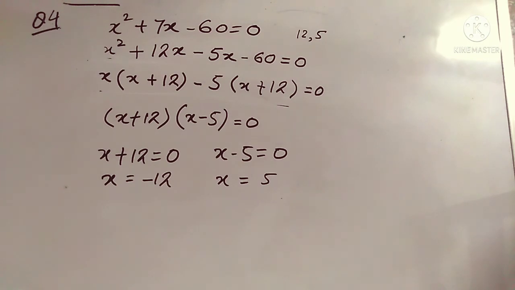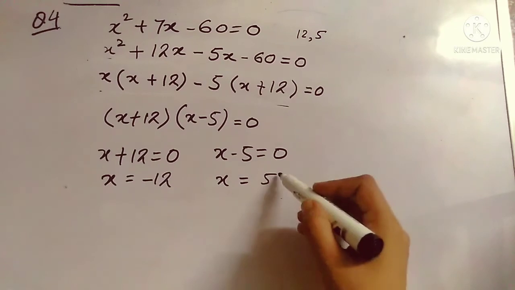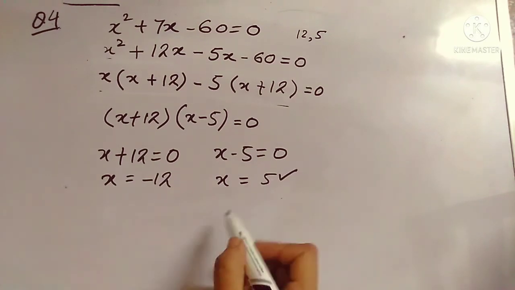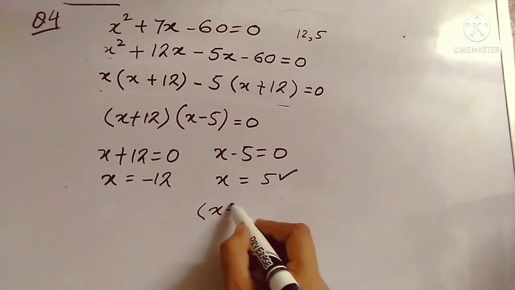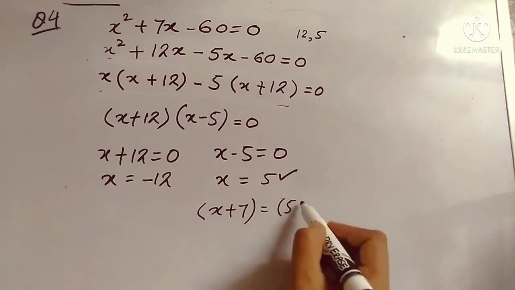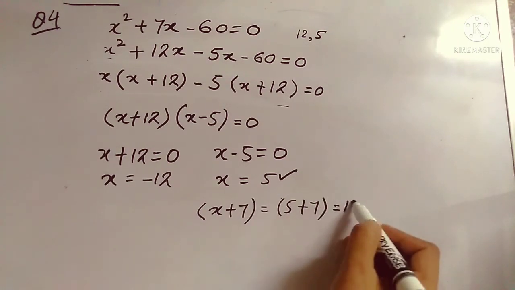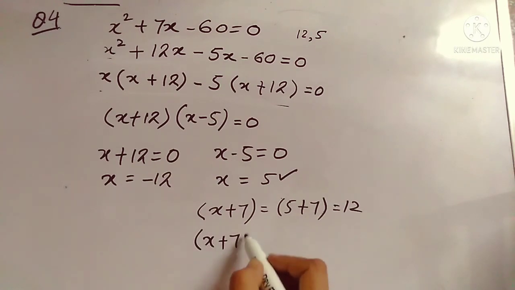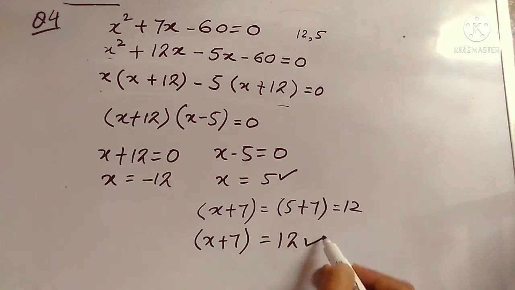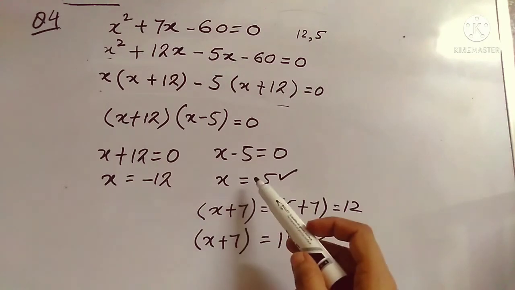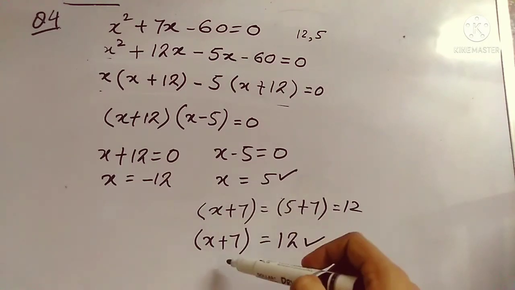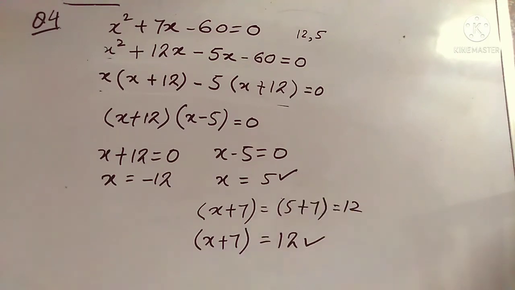Actually students, as in the question it was written positive number, it means that we have to consider the positive number. We are just considering positive numbers. So we'll consider this number, which is 5. So x is equal to 5. The other number was x plus 7. So 5 plus 7 will be equal to 12. So the other positive number, x plus 7, is equal to 12. So these are the two numbers we assumed at the start, x and x plus 7. These are the two numbers, 5 and 12. So this is your answer.